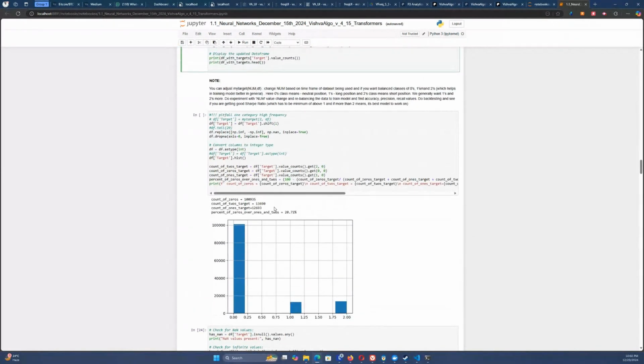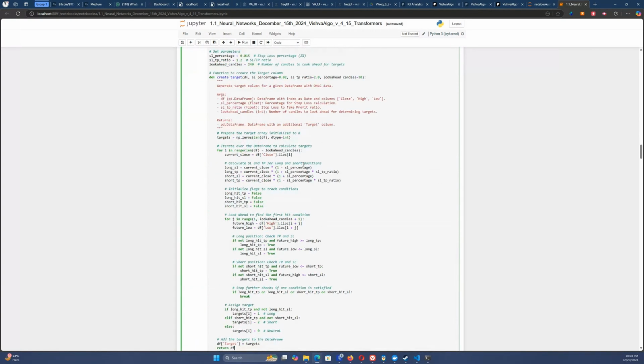Okay, so here it shows how many zeros, how many ones and how many twos. Twos are for short, ones are for long and zeros are neutral. Basically the whole data is imbalanced, meaning a lot of zeros are there, and very few ones and twos. So what you can do is